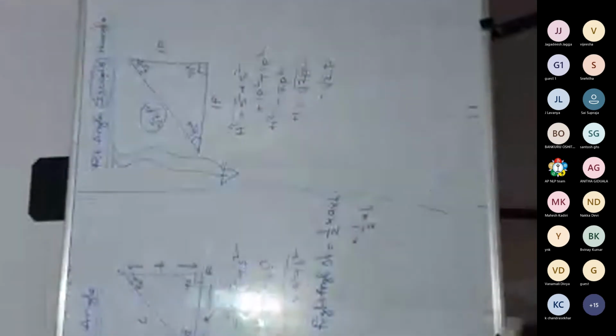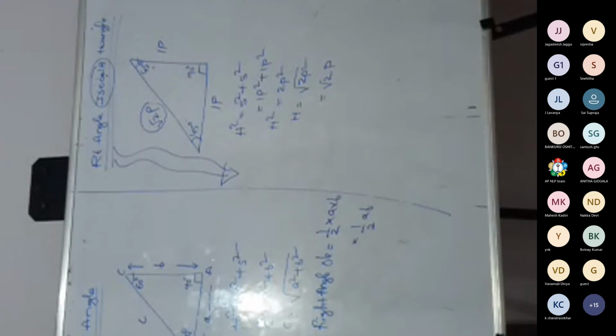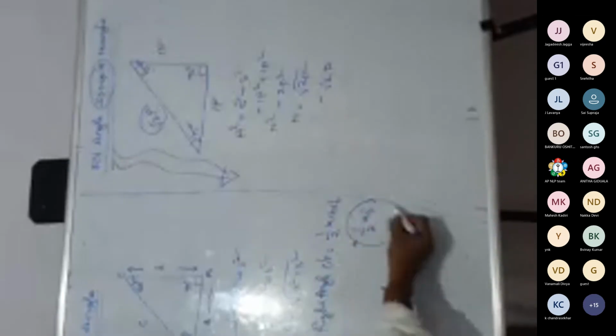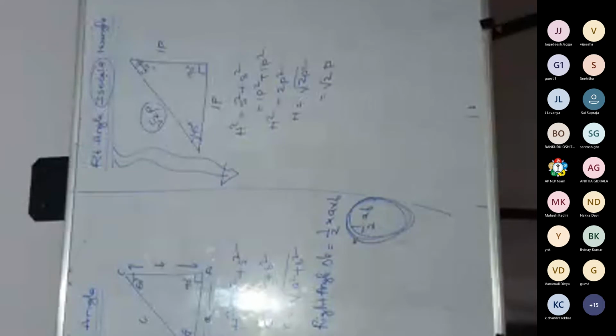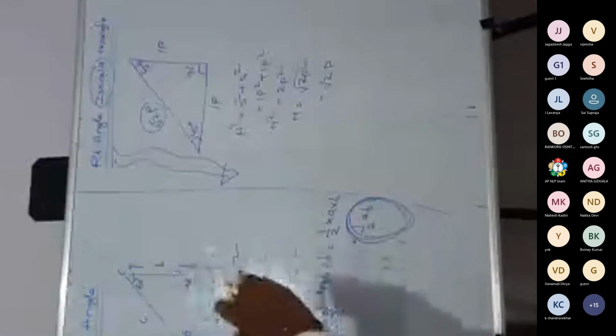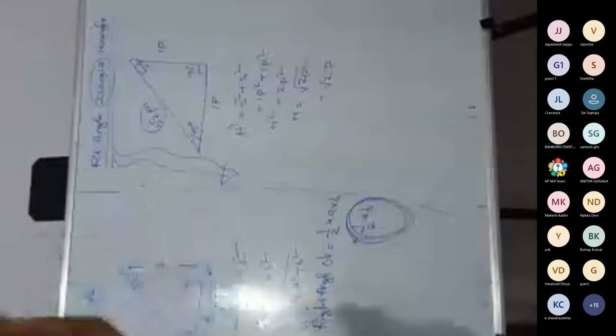Isosceles means two sides are similar and one side is different. That is very clear. Please note it down. For example, if you take a right angle triangle, this is very, very important. Remember this formula: what is the area of a right angle triangle? Half AB. You can derive everything from this, but there is no time, so I am just giving the formula. You can manage the questions using all these formulas. Please follow and note it down.